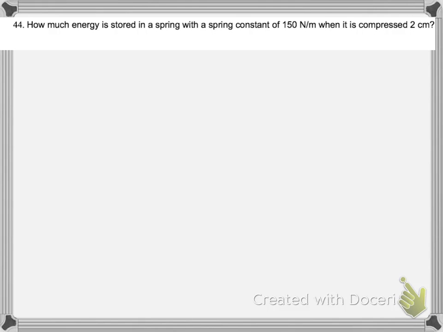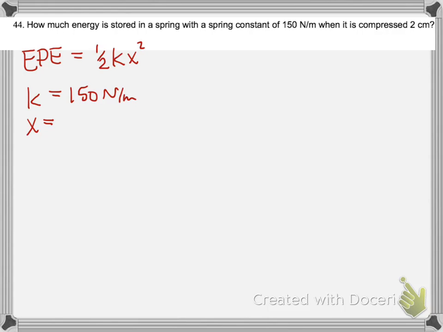How much energy is stored in a spring with a spring constant of 150 Newton meters when it is compressed 2 centimeters? So to solve this problem, we need to know that elastic potential energy is equal to half kx squared, where k is our spring constant, which is 150 Newton meters, and x is our displacement, which is our 2 centimeters. But we need to plug in meters because we have Newton meters here, so we have to convert